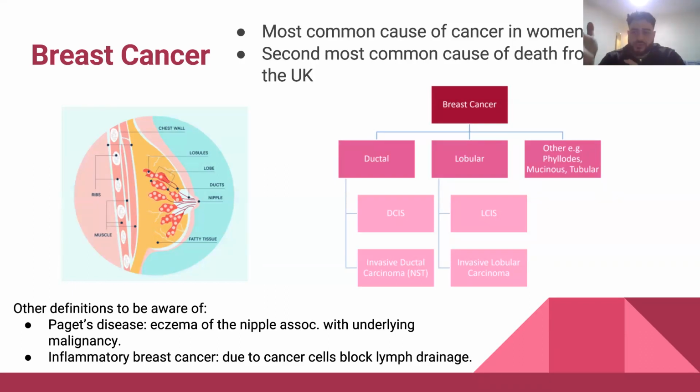There are some other more rogue tumors as well, like, I think pronounced, Phyllodes tumor, but the main ones to be aware about are ductal and lobular. Some other definitions that they've mentioned here: Paget's disease is basically where if patients present with eczema that's particularly on the nipple, you'd be worried about a possible underlying malignancy because there is a clear association between the two. I don't know how common it is, but it's just something to keep in mind. It's very SBA-able as well. And inflammatory breast cancer, which is basically due to cancer cells that block the lymphatic drainage of the breast.